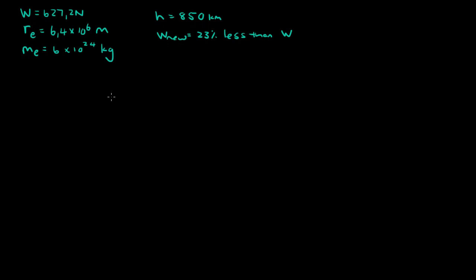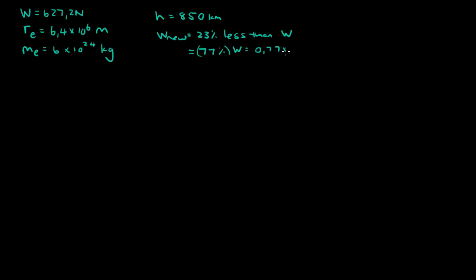Let's quantify that mathematically. If it's 23% less, that means for every 100, 23 less. That means that it is equal to 100 minus 23, which is 77%, multiplied by the old weight, which is equal to